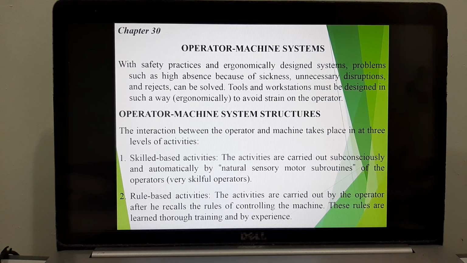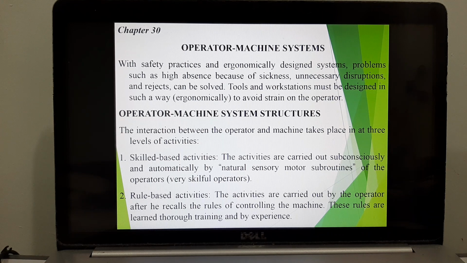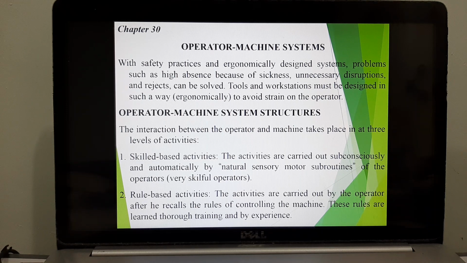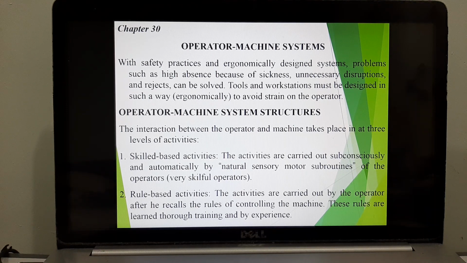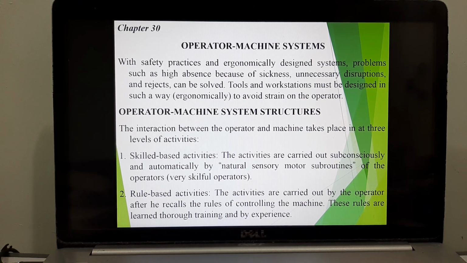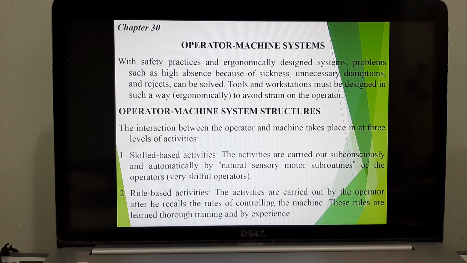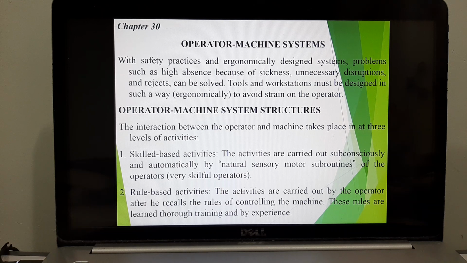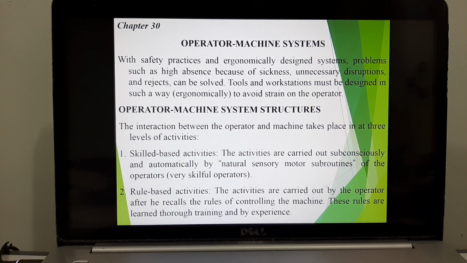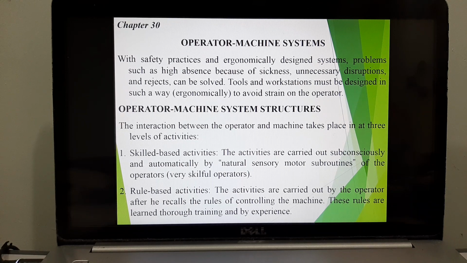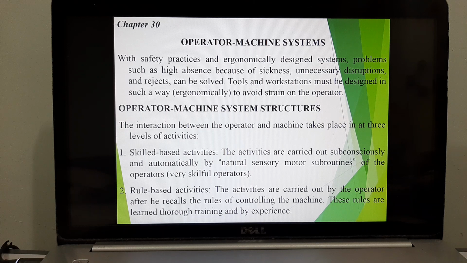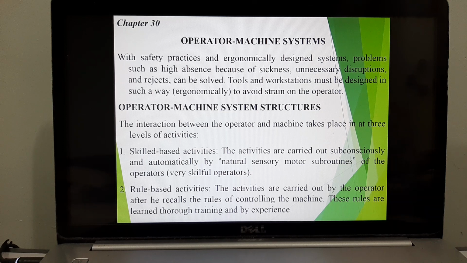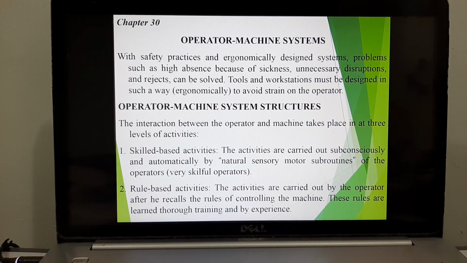Okay, let's look at the last topic here, operator machine systems. Operator machine systems is a topic that has always been neglected by employers, especially in Malaysia. In most industries we see that a lot of employers are very focused on production-based, revenue-based, but very little focus is given to workers. So this topic is basically highlighting the importance of focusing on the workers' health issues so that